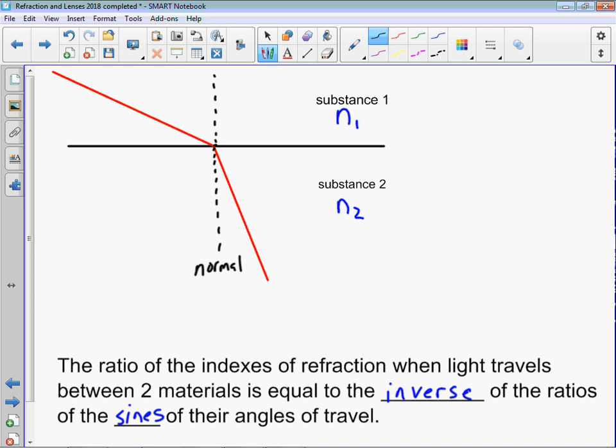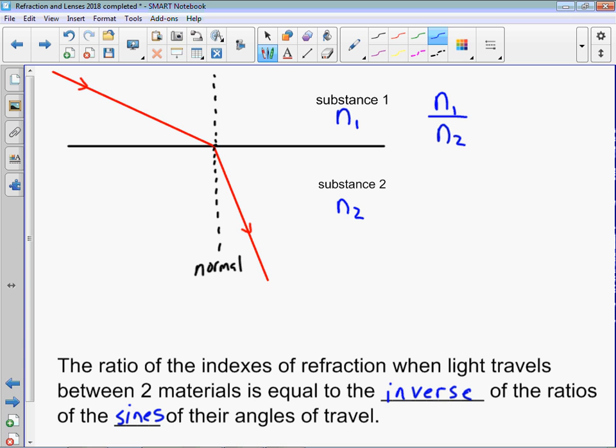As we're going to see, it doesn't really matter which direction the light is going. We'll just arbitrarily say that it's that way. So the ratio of the indexes of refraction, n1 to n2. Ratio is like a fraction, so n1 to n2, when light travels between two materials, so that's what's happening here, is equal to the inverse of the sines of